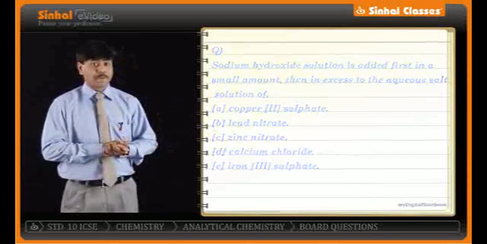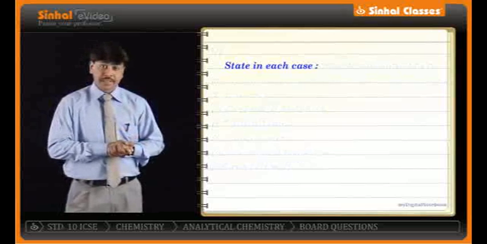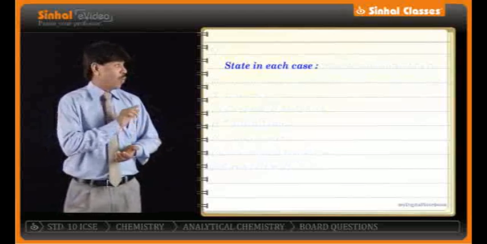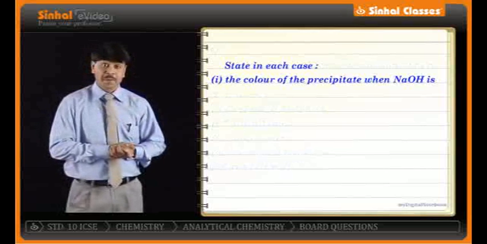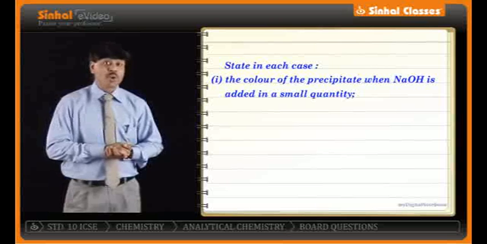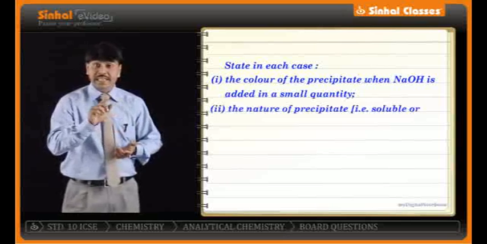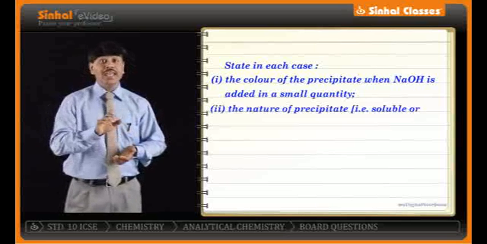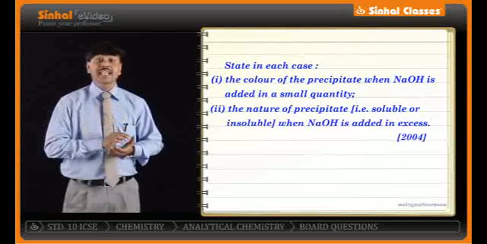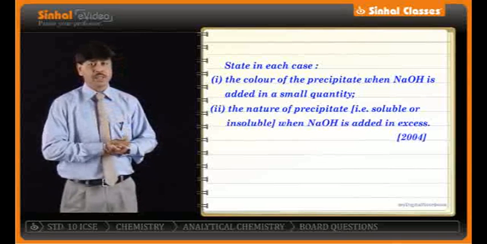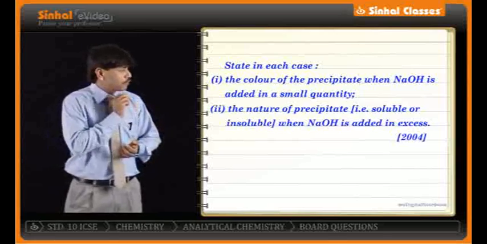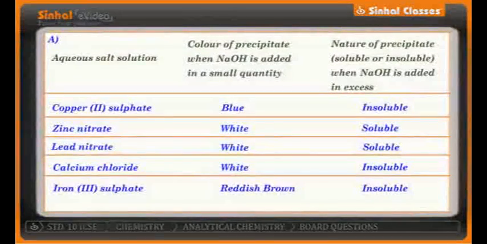So let's start with the first one. With respect to copper sulfate, the question asked was, what is the precipitate color when NaOH is added in a small amount? And also the nature of the precipitate, that is whether it is soluble or insoluble if excess of NaOH is added. To start with the solution, let us consider the first salt, that is copper sulfate, CuSO4. When we add a small amount of NaOH, you know it,